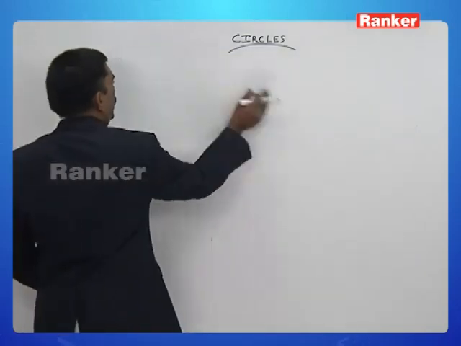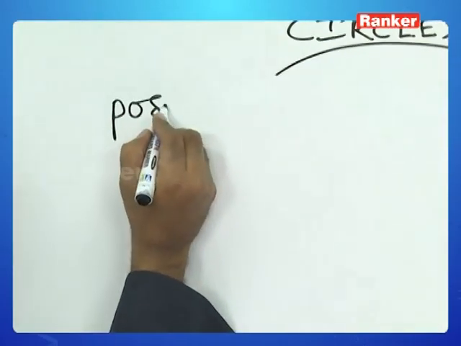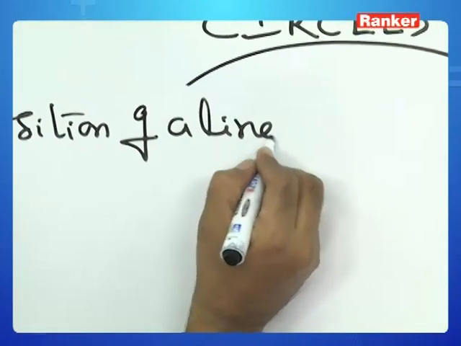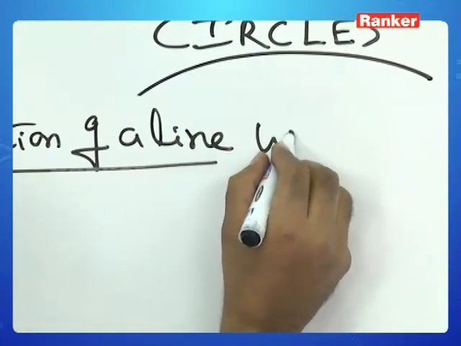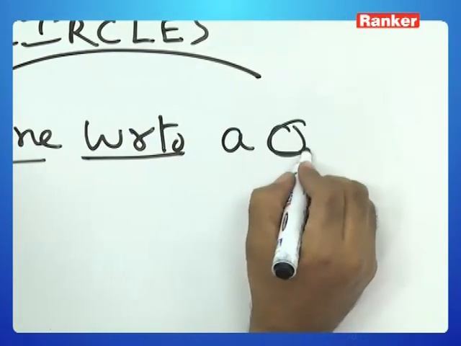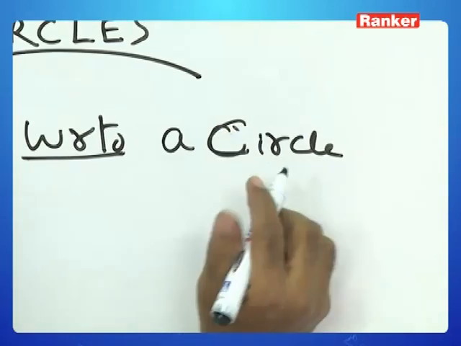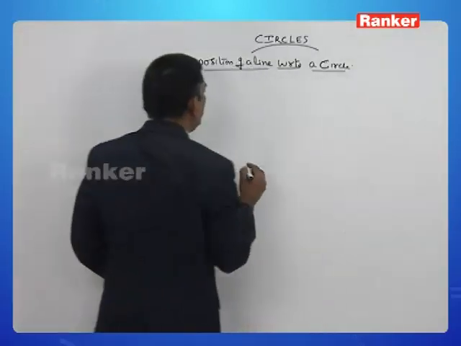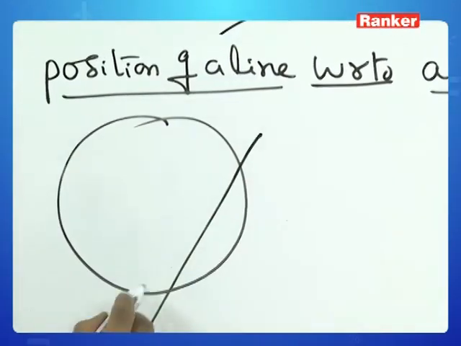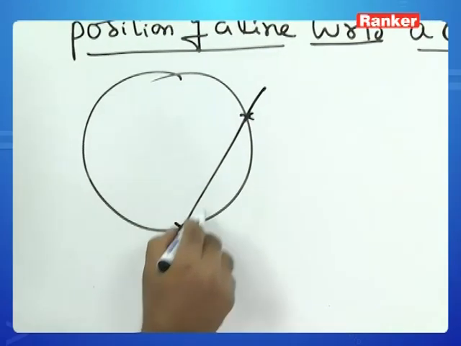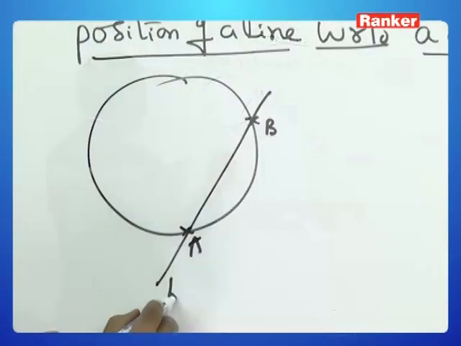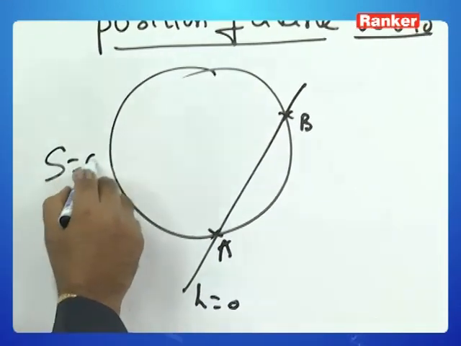Now, when the line L is equal to 0 cuts the circle S is equal to 0 in 2 points,